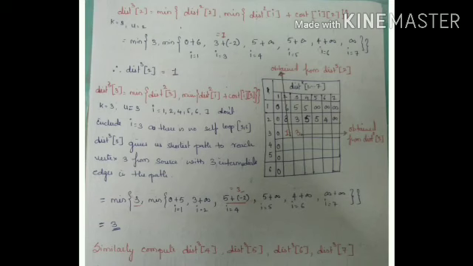Right? So thus the overall complexity of this Bellman-Ford algorithm, if we make use of adjacency matrix, is given as O of n cube, and in case you are making use of adjacency list to represent the graph, then the overall complexity can be taken as O of ne, where n stands for number of vertices and e stands for number of edges.